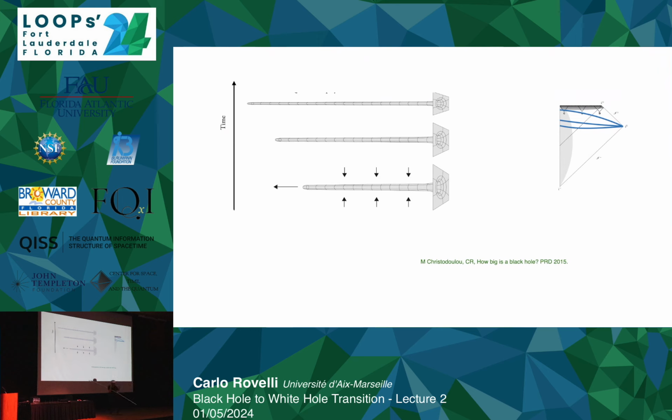And that definition extends to an arbitrary Lorentzian space-time. And with that definition, you can define a preferred foliation. For every point on the horizon, you have a preferred surface inside. This was defined in my paper with Marius. And you compute the volume, and the volume increases as you go on. So the black hole becomes bigger and bigger and bigger as you go ahead, even if the back reaction shrinks